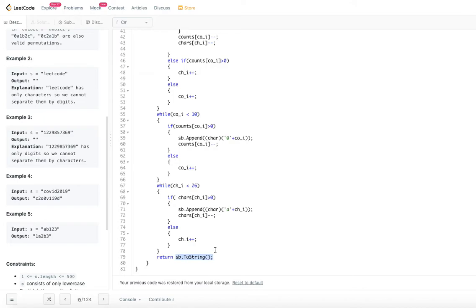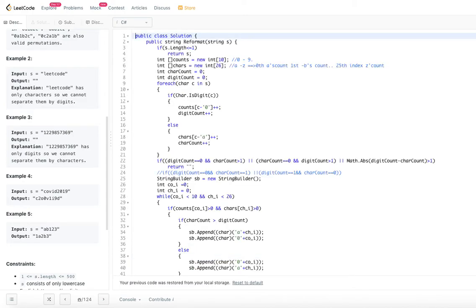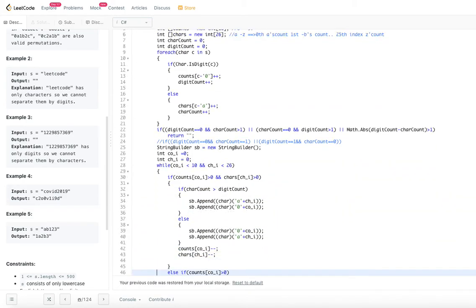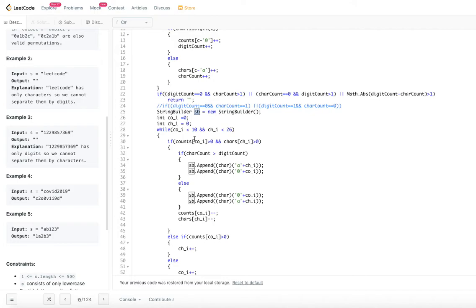So like that we are going to proceed using this algorithm. Let's go ahead and look at the time complexity for this algorithm. We are going through this string once here, so this for loop will take order of string length. Let's say the string length is n. So we will say order of n time for this for loop. And then while going through this, we are constructing the string builder. The string builder also will have the same number of characters, because whatever string we are going to return will be this permutation of it.